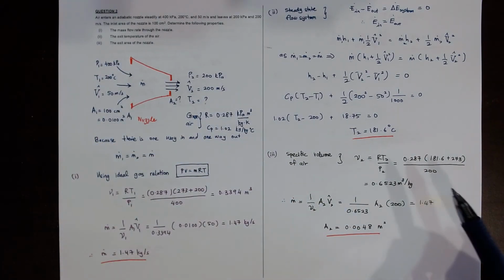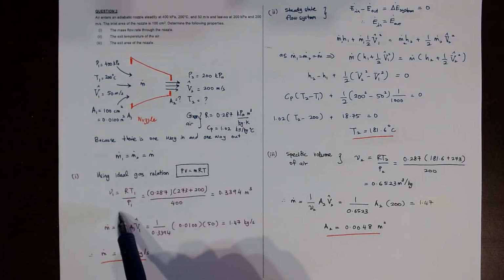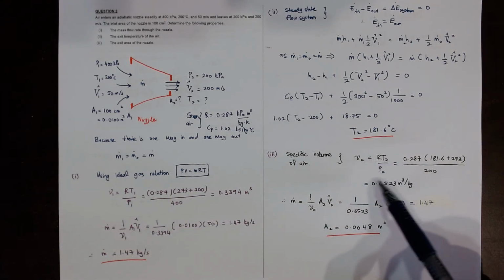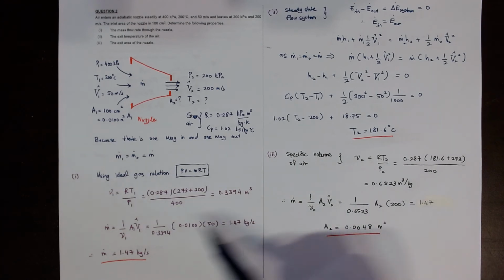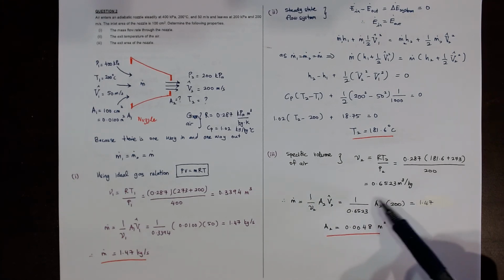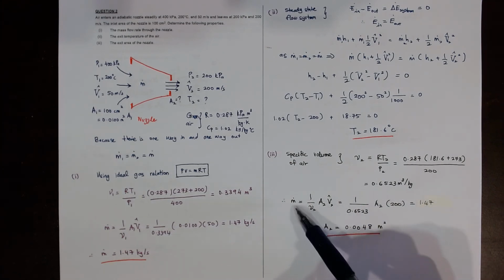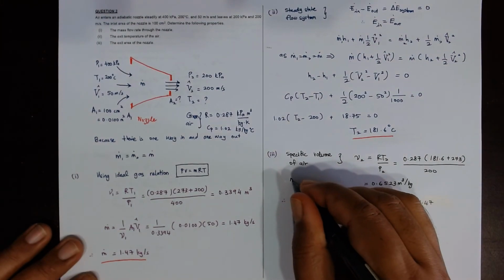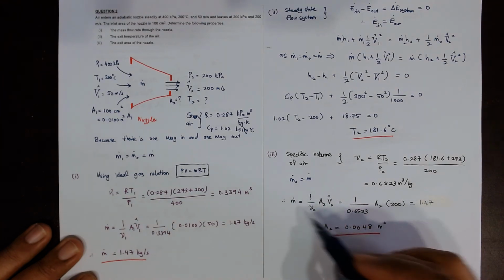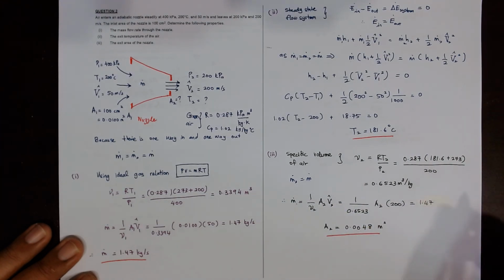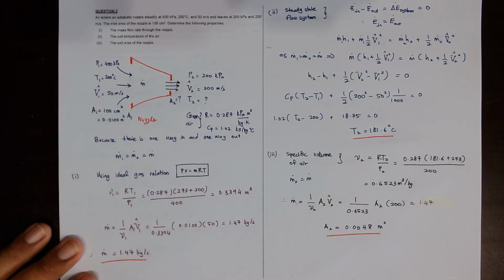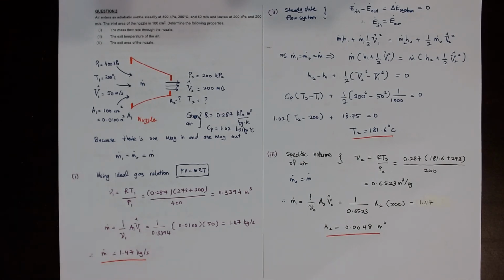So what is the exit area of the nozzle? Again we use the same technique as in section 1. v2 equals R T2 over P2. So we get this value, and then use the same equation, m dot equals 1 over v2 times A2 V2. So we can calculate A2 because we already know m dot, since m2 dot is equivalent to m dot. So put m2 there. Then rearrange and solve the equation, and you get 0.048 meter squared. So now I think we have solved the question number